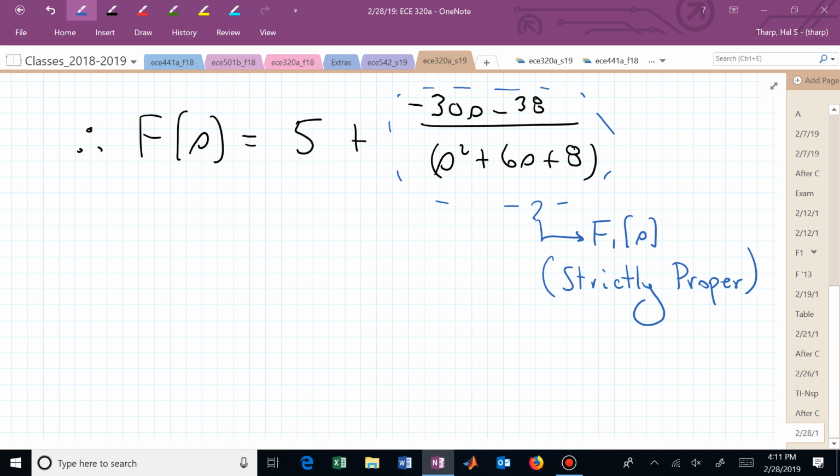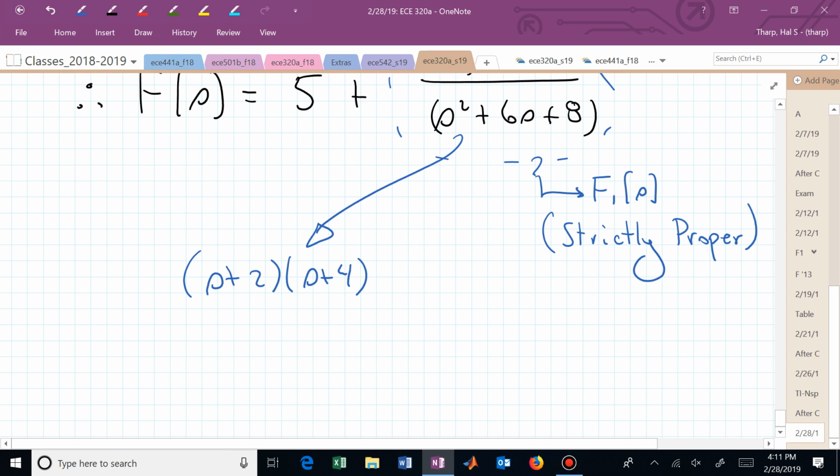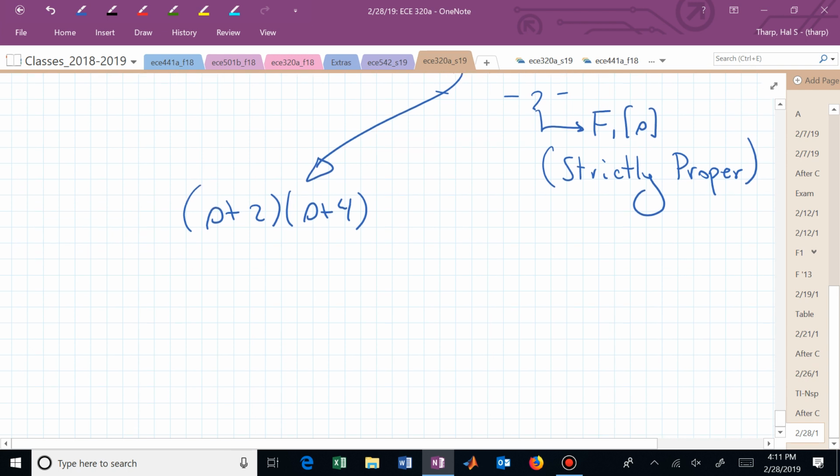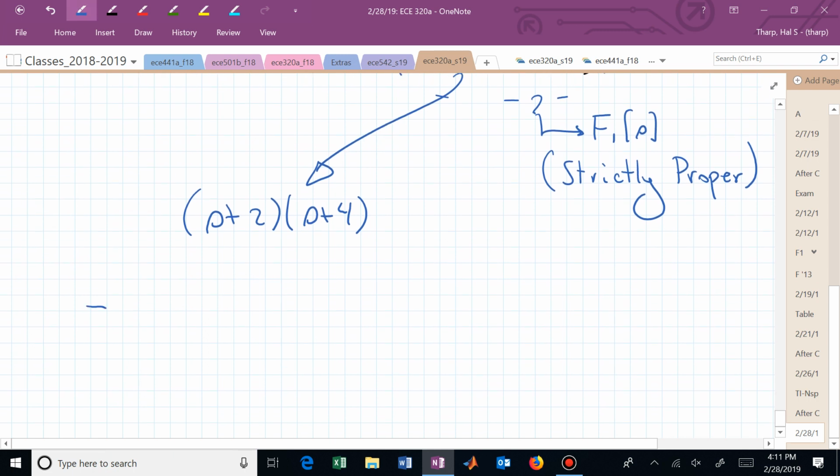So now this looks like (s plus 2)(s plus 4). We're in case 1. Those are distinct. Now we can perform the partial fraction expansion of F1(s). We now have minus 30s minus